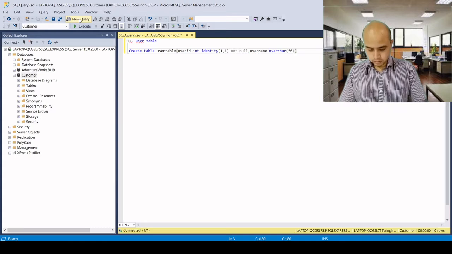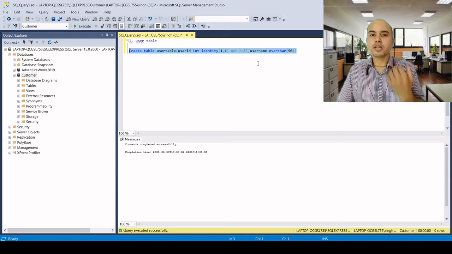If we run it, we will find that we can create a simple user table